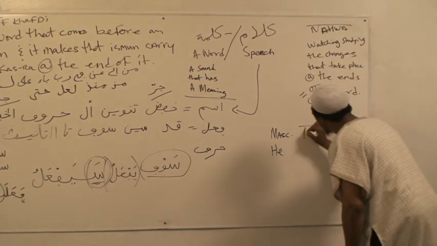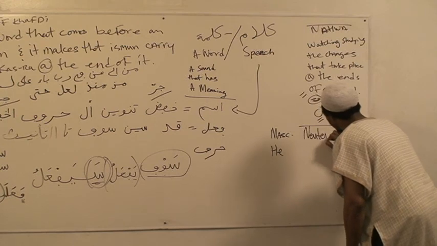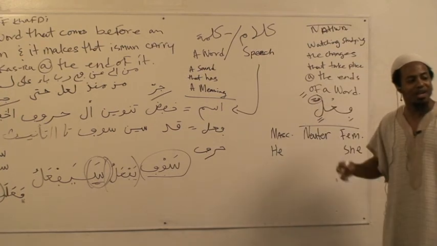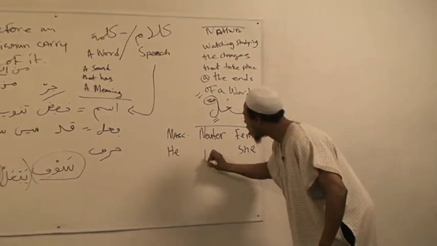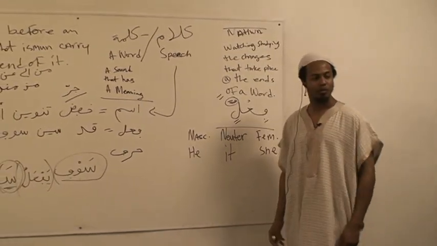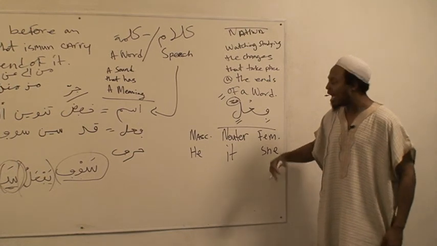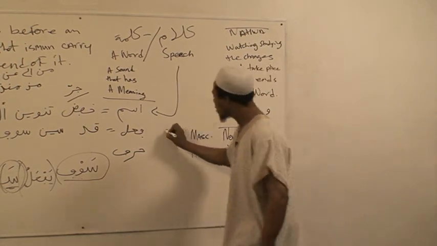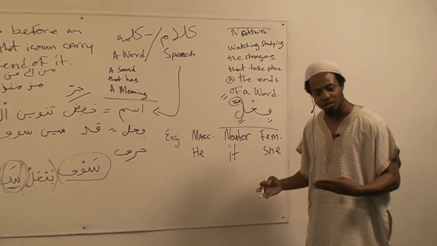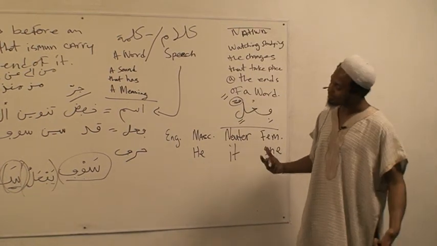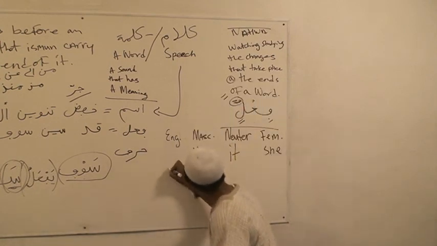And it has the neuter. The neuter is neither masculine nor feminine, and it is called it. Do you understand that? Now, this is English. We are not talking English. So, in Arabic,